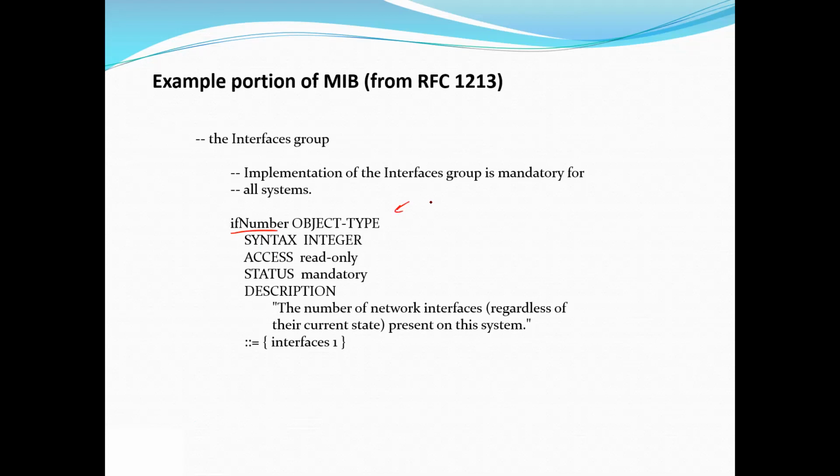And then you specify the object type: its syntax is an integer, it's read-only, mandatory, that should be there, a brief description, and the name, right? And you can see there it's got specific syntax that should be followed. That's it, right? So if you wanted to build your own MIB or modify it, this would be the approach